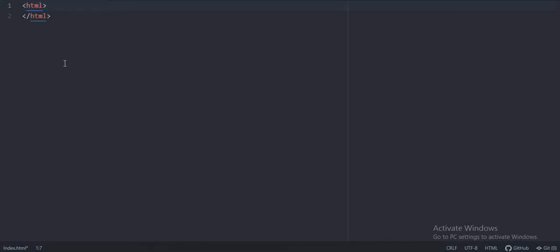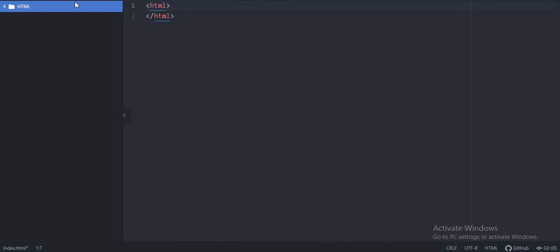And first of all, before writing our HTML code, we have to save our HTML file. We can save it afterwards or before, both, as you wish. So I have saved my file before the writing.